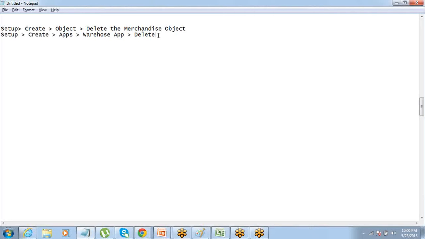Okay, great. Now the next thing that we have to do is, I want you to create these two things again. The first time you created, you used a shortcut, quick app, right? So now I'm not going to use that shortcut. We will take another method of creating it. In case you have deleted the object, just go to the setup, create object once again.